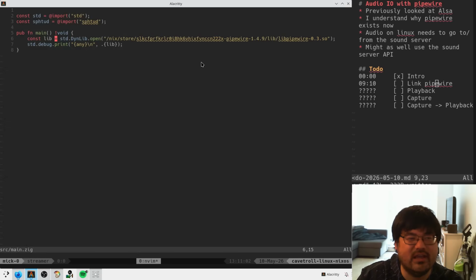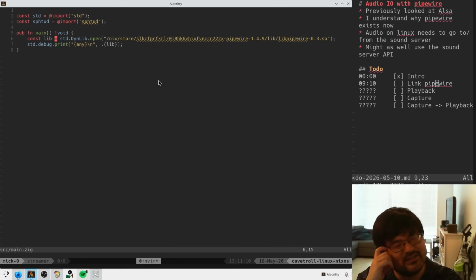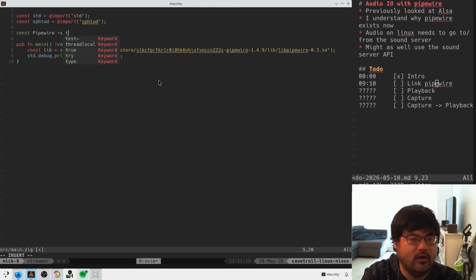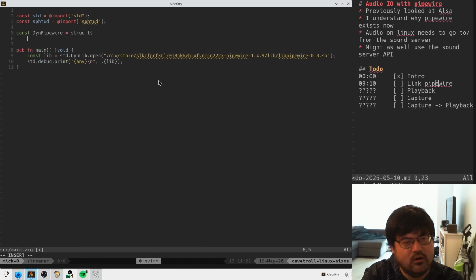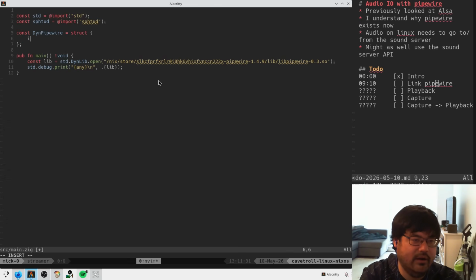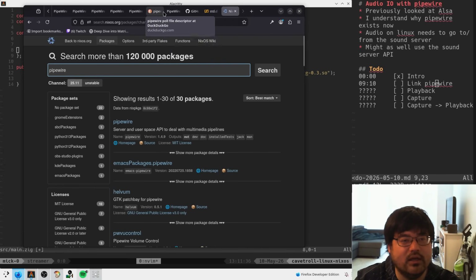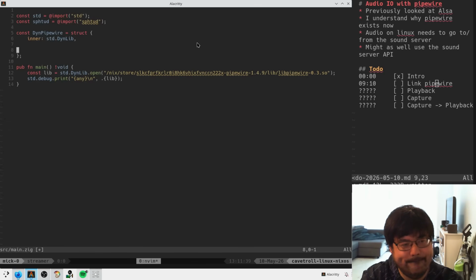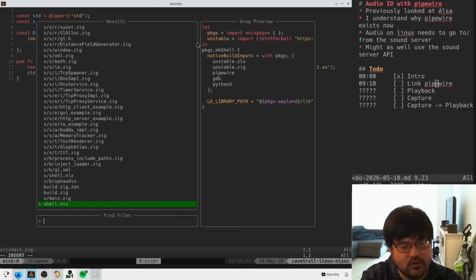Alright. So, in here, I guess we need some sort of bindings to this thing, huh? So we almost want a Pipewire, like Dyn Pipewire maybe. And in here, we almost want to walk all of the functions that we might use and pull them in here. But I don't know, we'll see. Right, because we're going to want a function that is analogous to